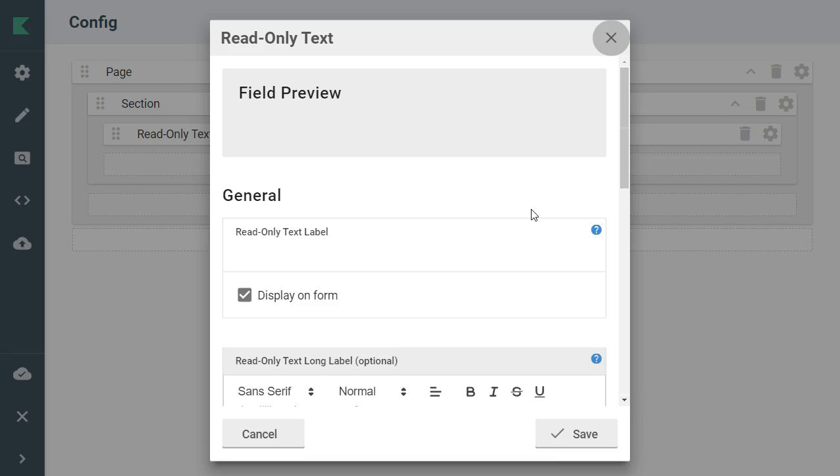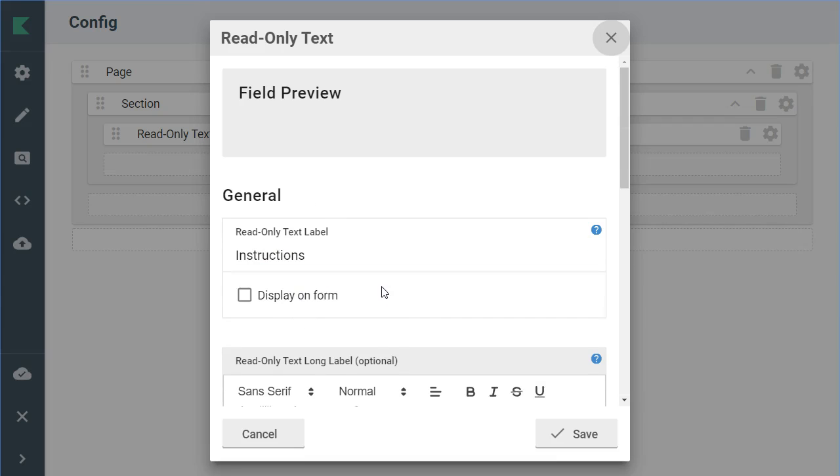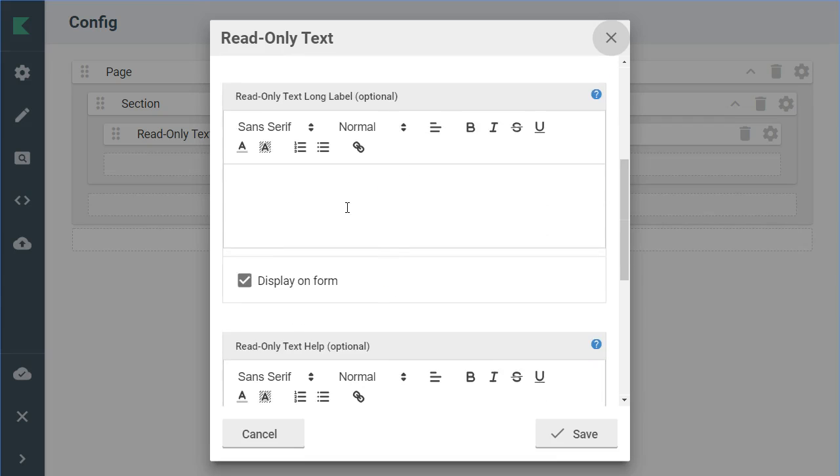It's not a question. The user will not have to put any information into a read-only text gadget when they complete the form. We do have to put a general label. I'm going to put instructions, and I'm going to click off display on the form, and you'll see why in a second. The next area is the read-only text long, and the label itself can really only hold a small